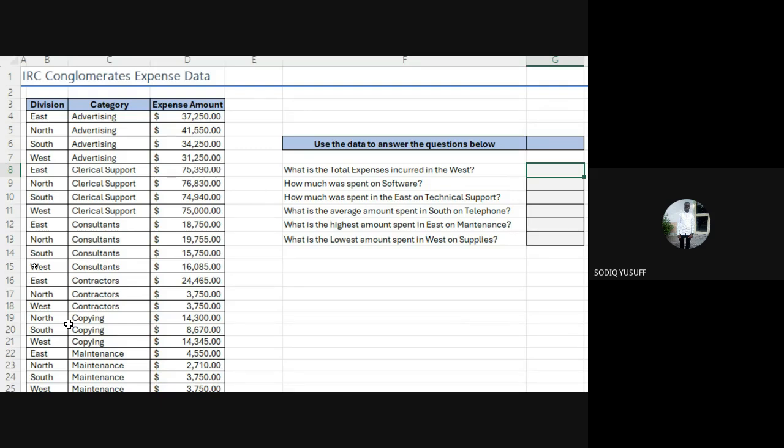Now, the function I'm going to use must be able to look row by row. First of all, it will need to add all the expense. However, you should go row by row and check, are you West? If it is yes, it will pick the number. If it is no, it leaves the number, it does not pick it, ignore it.